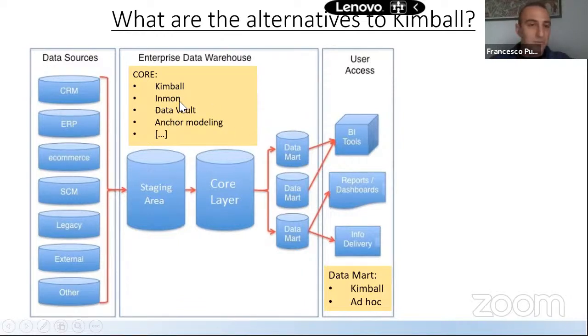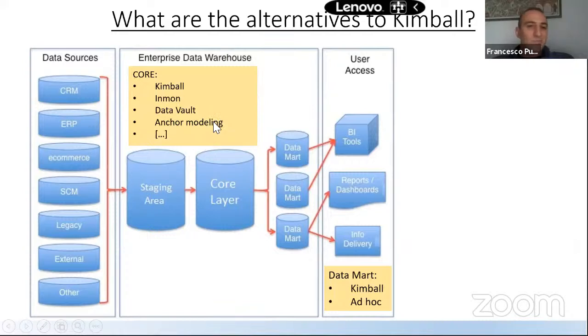If it's the Inman approach, this is still Kimbo. The data vault is using its own proprietary way of delivering data to the end users. But when it comes to the BI tools, the data vault is forced to use the dimensional modeling, because in Tableau it's very difficult to make a query when the data is organized in hub and spoke.